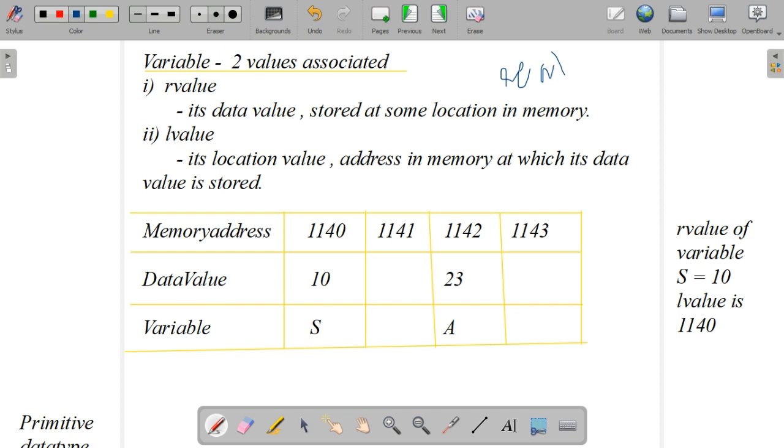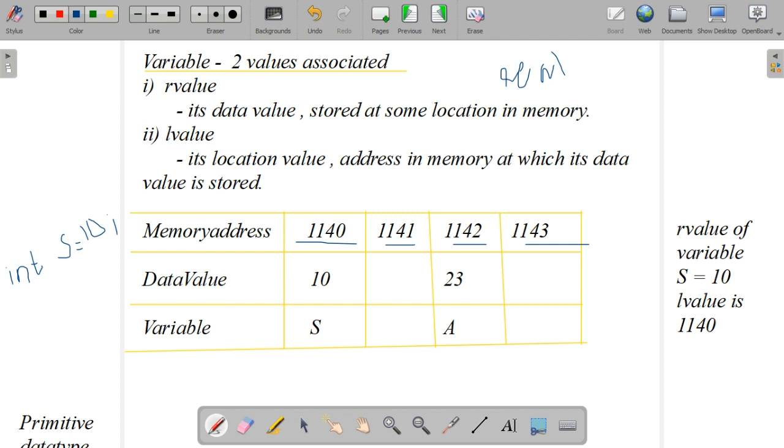To understand this concept, I have given an example. Consider the memory addresses 1140, 1141, 1142, 1143. Just imagine we are declaring and initializing a variable: integer s equal to 10.